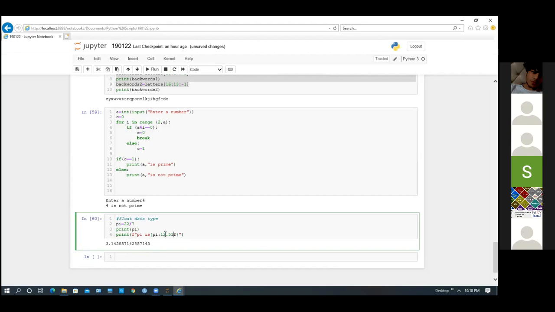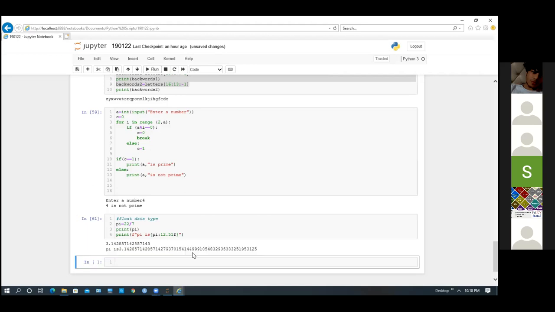Prior to the decimal, you will have two values, and after the decimal, you can take up to 51 values. If I run this, you will find that. We can write 1.51 also, because we know 3 point something is the value. This f is mandatory and this f is also mandatory.